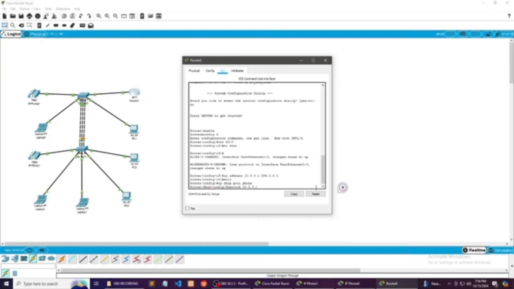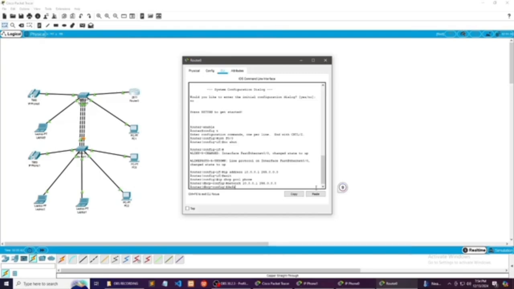And then space, type 255.0.0.0. Enter, type default-router, type 10.0.0.1.